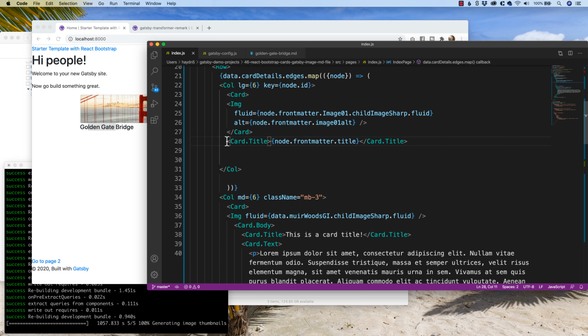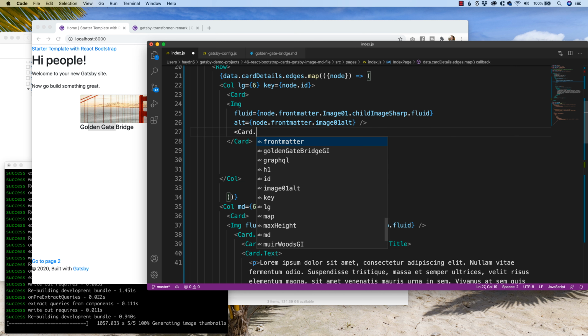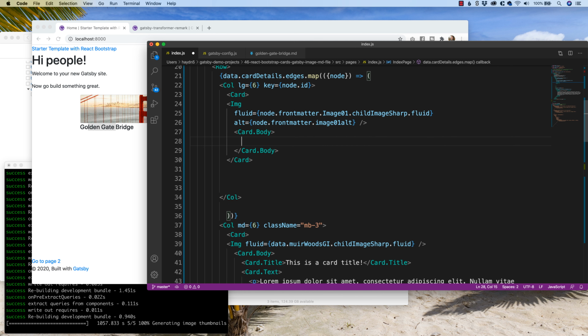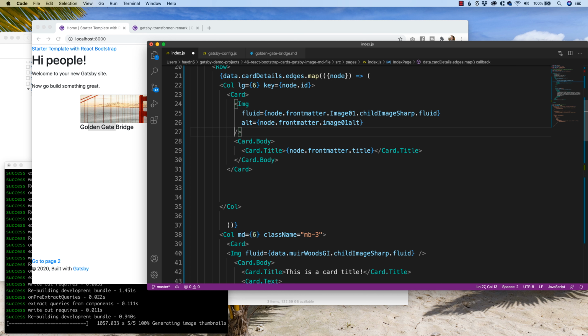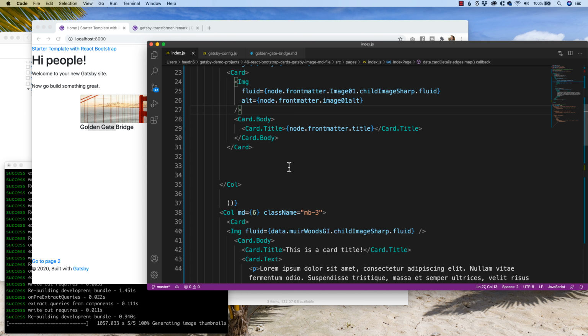So what I can do is move card title into the card. But what I also want to do is add a card.body. And inside the card body is finally my card title. So I have card and close card, image, card body, which actually needs to be indented. And then technically we would indent those as well and do it that way. And then inside the card body is the card title. And if we save it,